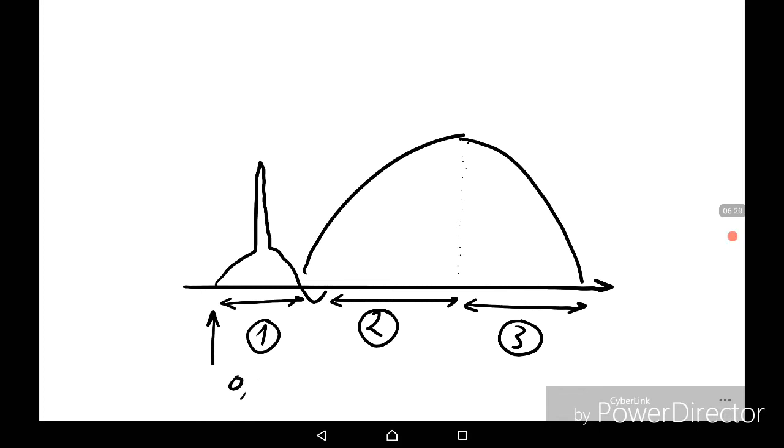First phase is about 0.01 second, 10 milliseconds. Second phase 0.05, 50 milliseconds. And the third phase 0.05 second. So totally, summarizing, we'll have the average duration 0.11 seconds for the striated muscle.